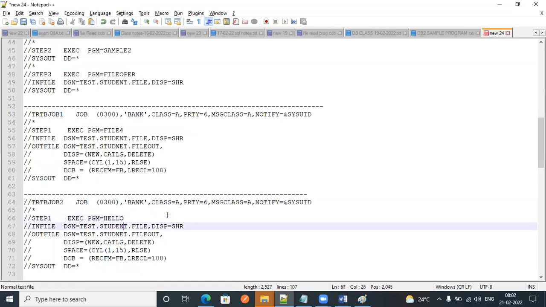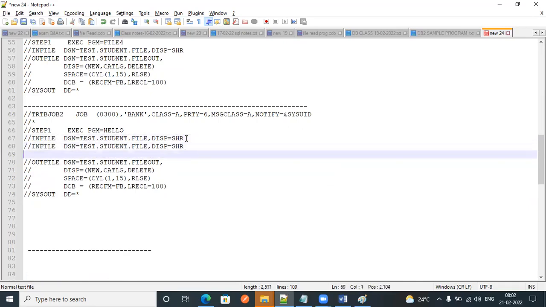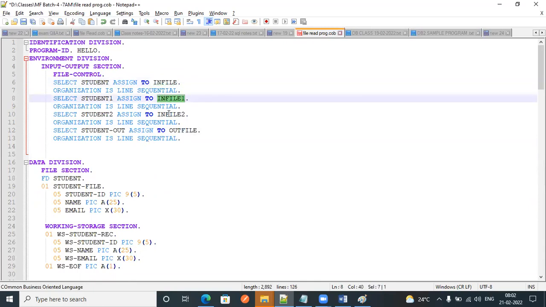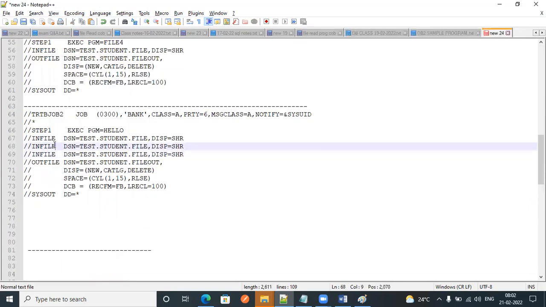How to prepare a JCL for that step? Just observe. There are 3 input files. Copy this line and paste it 3 times. Next, what are the physical file names over here? In file 1, in file 2 and out file. In file is already written. Next, in file 2 and out file are already there. Here you need to change the file names, that depends on our requirement.